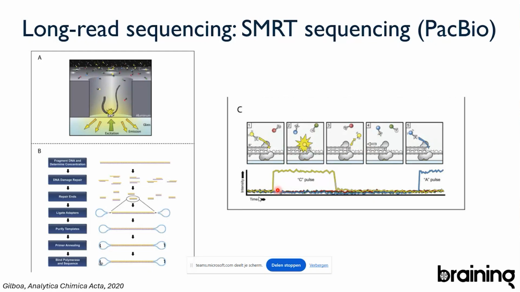The strength of PacBio smart sequencing is that you sequence this molecule over and over and over. The first time, the DNA polymerase is going to make a number of errors, right? Biology is not perfect, so the DNA polymerase will sometimes include a base that's not the correct one, right?